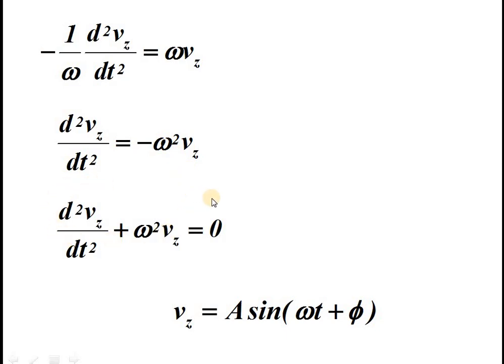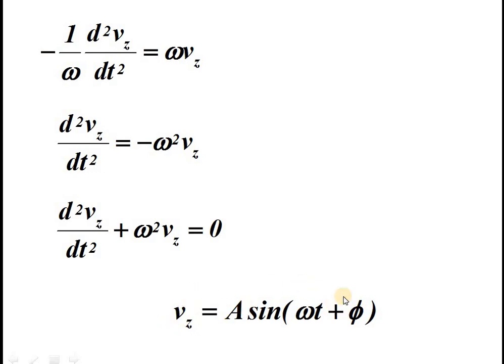So this is a standard differential equation. We call it a second order differential equation for Vz. And in mathematics, you know many such relations. For example, simple pendulum is a very good example. We solve it using the standard form of this. Here also the same formalism you can use. What we get is, the standard solution, Vz is equal to A sin omega t plus phi. The same method that we used in simple pendulum can be used here. So this is the solution for Vz.